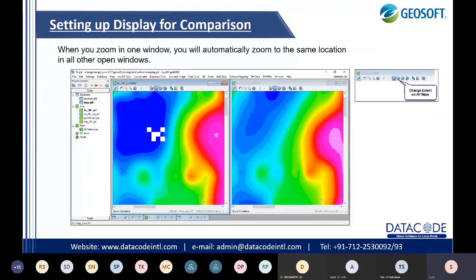The important thing is that there is dynamic linking here. If you zoom one window, the other will automatically zoom to the same point. So you can check the same point by different methods, minimize the error and get accurate data. That comparison you can do here in Geosoft Target.